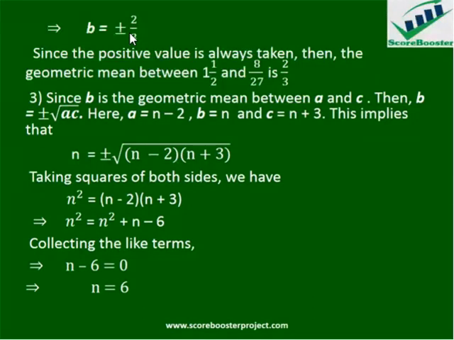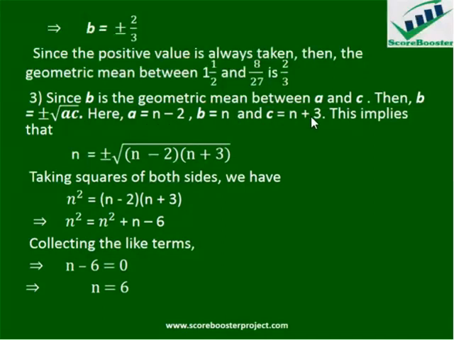So now we move to the third question. We are asked to find the common ratio of a geometric progression that has 3 consecutive terms n-2, n, and n+3. And from the idea of geometric mean, we know that B, which is the second term in those 3 consecutive terms, is equal to plus or minus square root of the first term multiplied by the third term. So from the question, A, which is the first number, is equal to n-2,